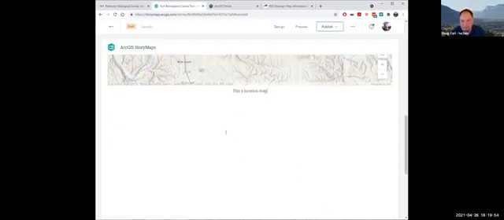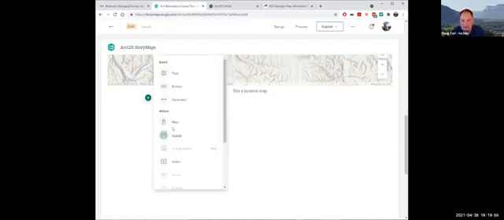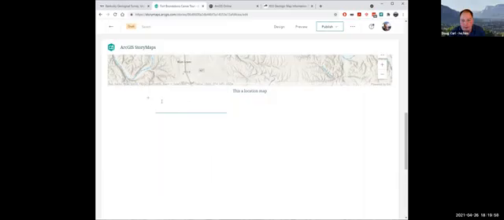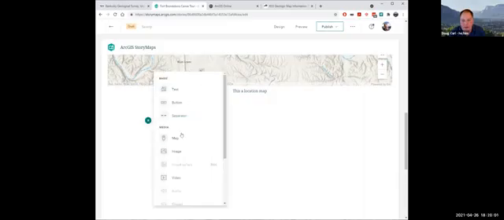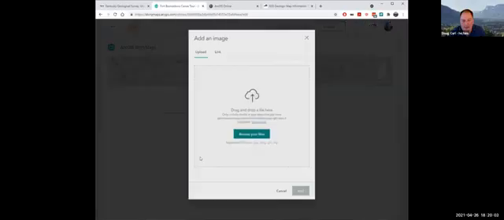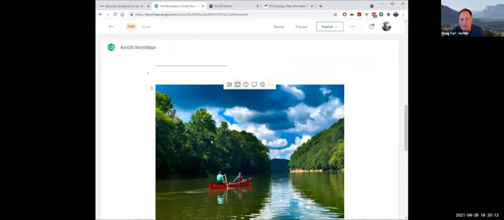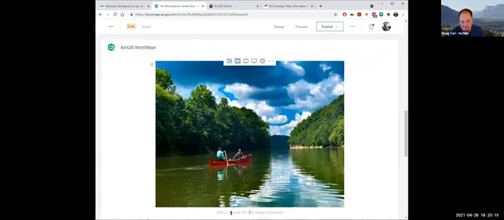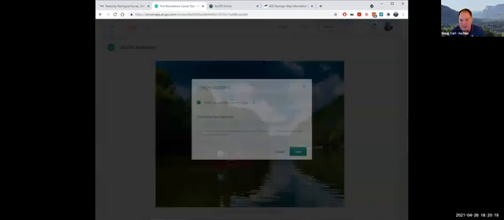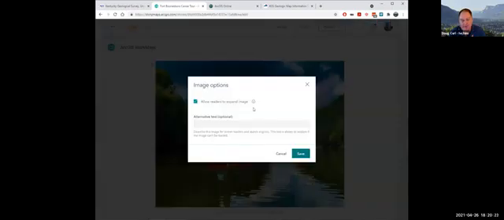And then I might want to add a separator. And then I might want to add another pretty image of, say, canoeing, just to keep you interested. So a nice canoeing picture. The thing about the photos is you can add captions, but you can also add alternative text. And I really recommend this for accessibility.